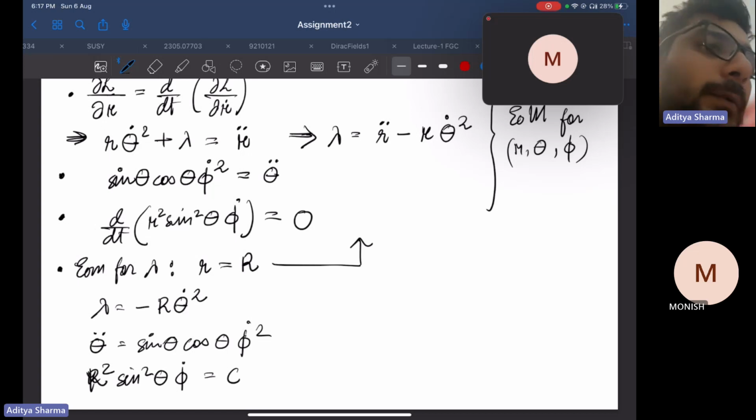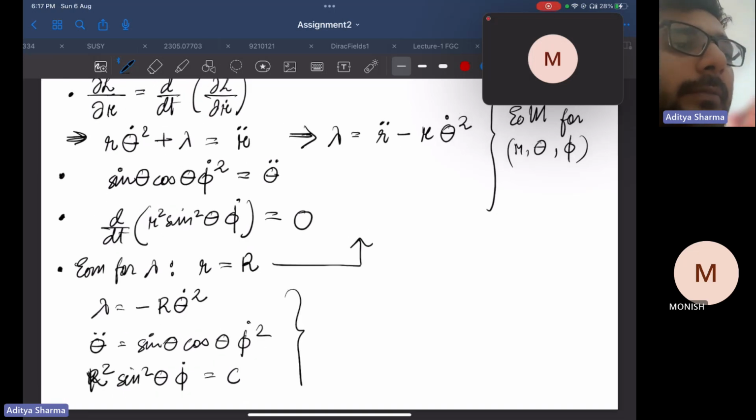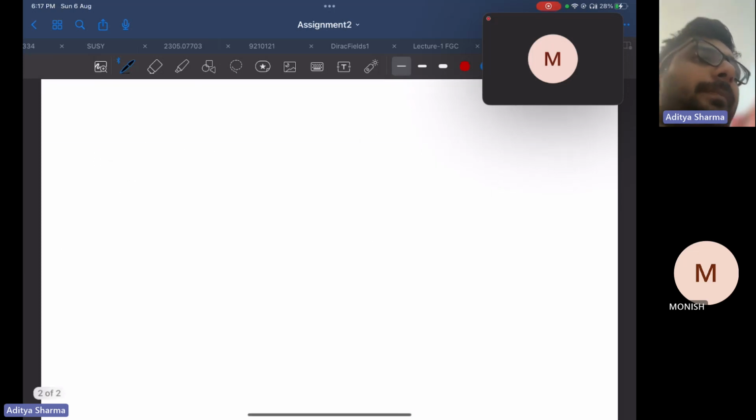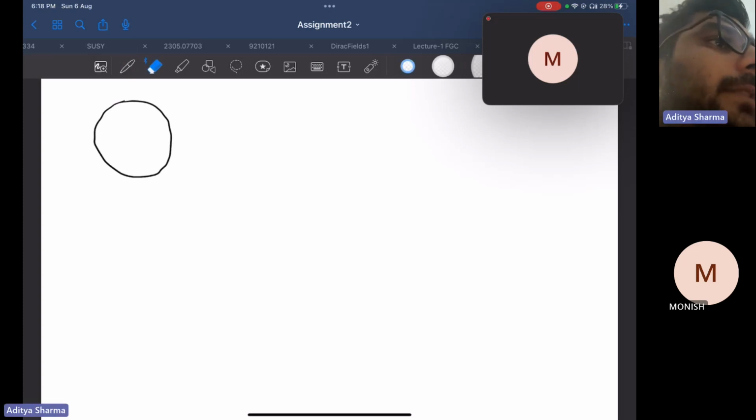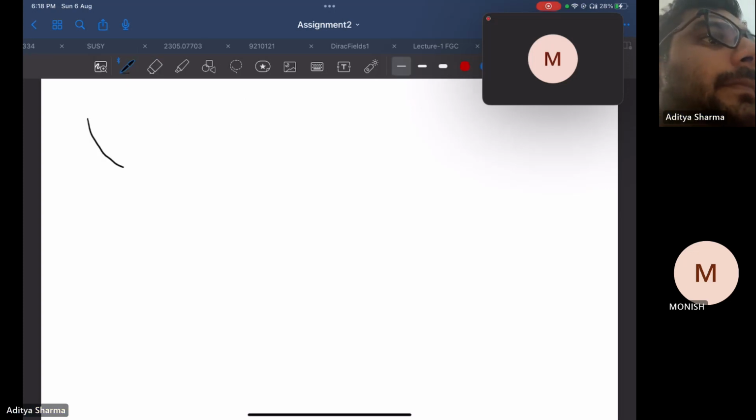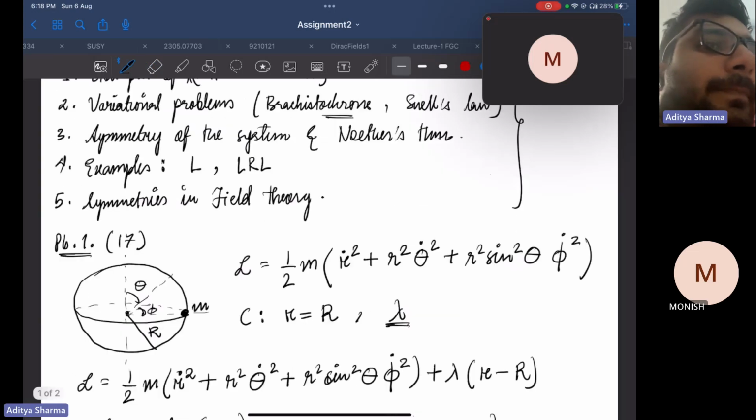Yeah, now the thing to note here is that if you are going to solve this, these are the equations of motion. If you are going to solve this using Newtonian mechanics, you would find that somehow lambda is related to the lambda is related to